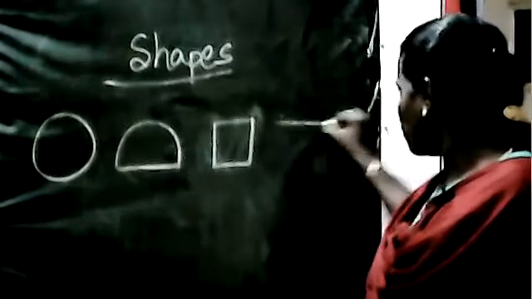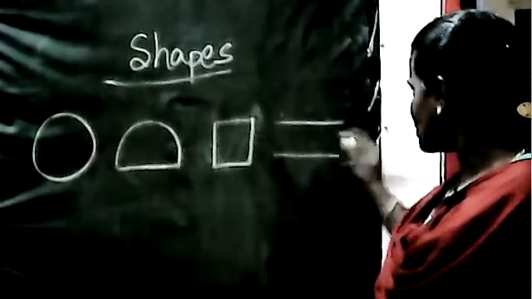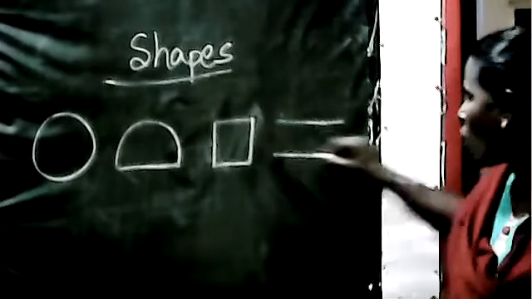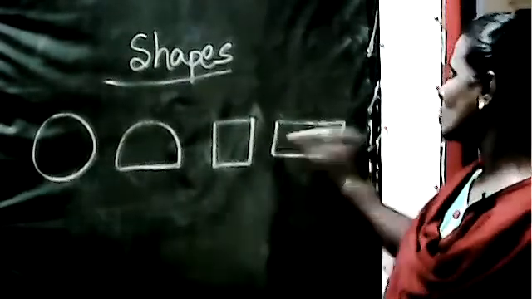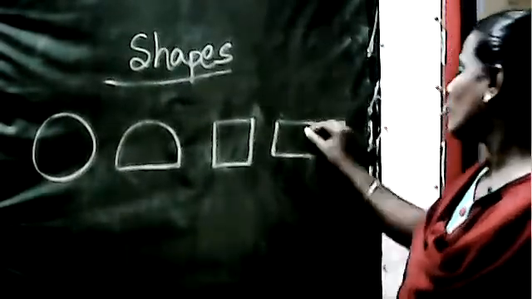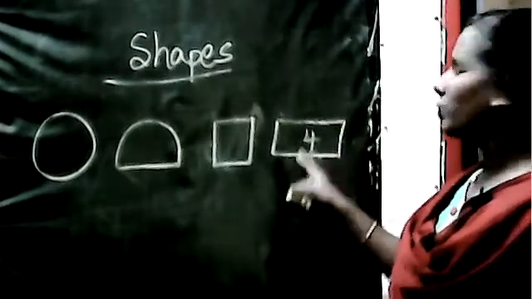Now rectangle. Next, see here, rectangle, opposite sides are equal. Opposite sides means, see, these are the opposite sides. They too are equal. See here, same, long. They are long. We have learnt long and short. Now see this opposite side, they are short. Okay, these two are same and these two opposite sides are same. 4 sides are there and opposite sides are same in a rectangle. Okay children, so you know how to draw the rectangle also.